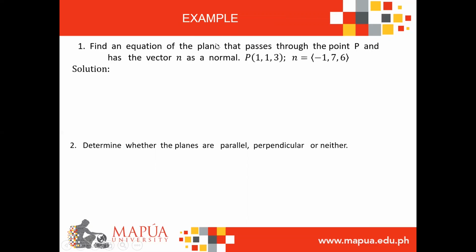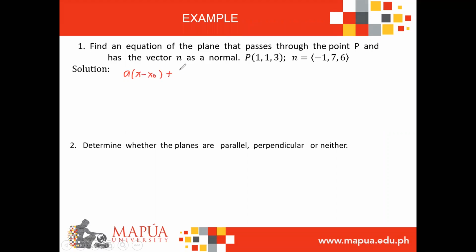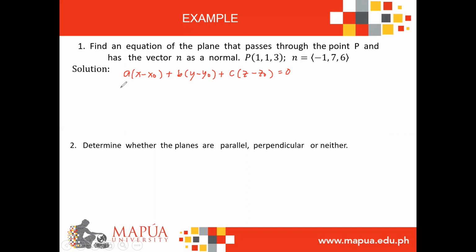So to solve for the equation of the plane given a point and a normal vector, we'll make use of the formula, the point normal equation of the plane. So we have a multiplied by x minus x sub 0 plus b multiplied by y minus y sub 0 plus c multiplied by z minus z sub 0 equals 0. So our a, b, c will be the components of your vector n equals negative 1, 7, 6. So a is negative 1